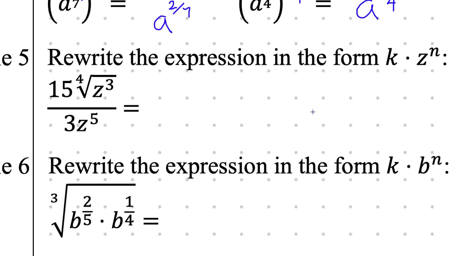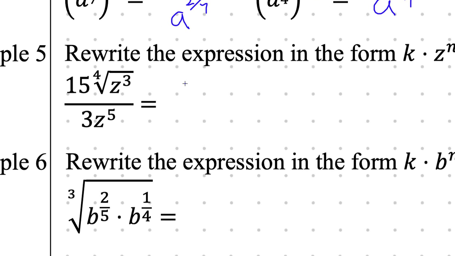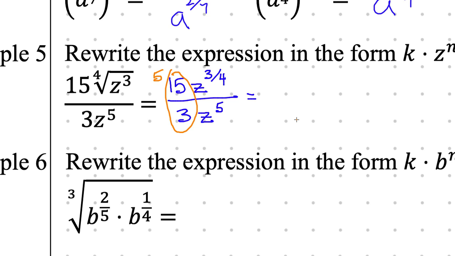So first, it's like what we were doing yesterday, where it's z to the 3rd and then 4th. I don't know what to call that, but you put it into the exponential form. So it's going to be 15z to the power of 3/4 over 3z to the 5th. And then you can divide. So that's going to equal 15 divided by 3 is 5, and then you do 3/4 minus 5, which is going to be 4 and 1/4, which is